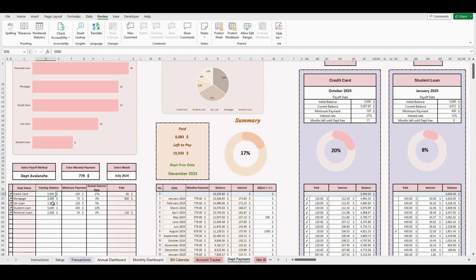So first, enter the starting balance on each tab. The starting balance is the amount left to pay the moment you started logging your transactions in this spreadsheet. Then enter the minimum payment and the annual interest rate for each debt. After that, enter the amount you would like to commit towards your monthly debt payments. The monthly payment you enter here should be at least the sum of your minimum payments, but preferably a higher